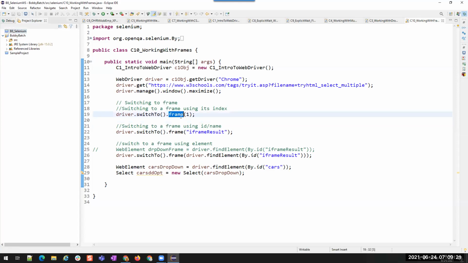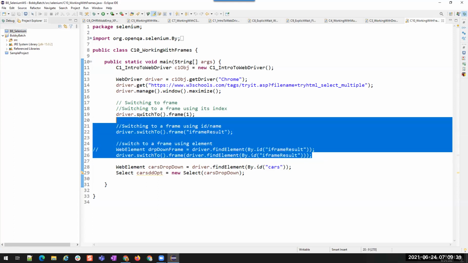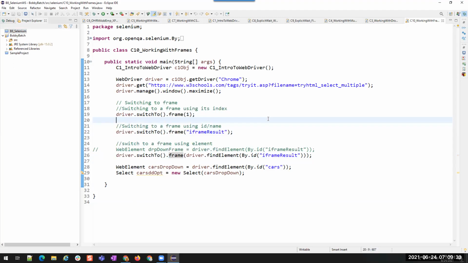That is switch to a frame using its index, switch to a frame using its ID or name, and switch to a frame using web element. These are the three methods that we can use to switch to a frame. We can use any one of these, not all three. But most of the times we don't use the index because the index position will always change.